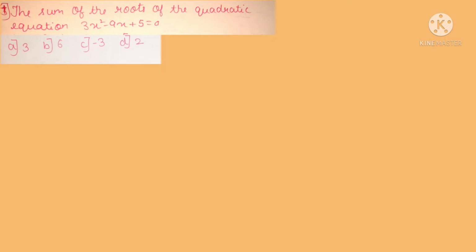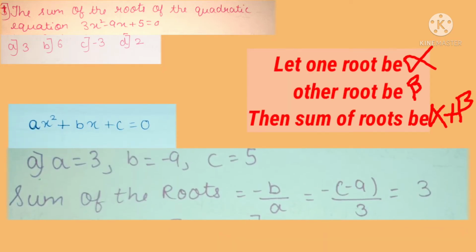Over here also a certain option is given. In the question they have mentioned the sum of the roots. If the sum of the roots is given, then we need to represent it as minus b by a. If the product of the roots is given in the question, then we need to represent it as c by a. In some books we can even see alpha plus beta is equal to minus b by a. It's absolutely the same. So minus b by a.